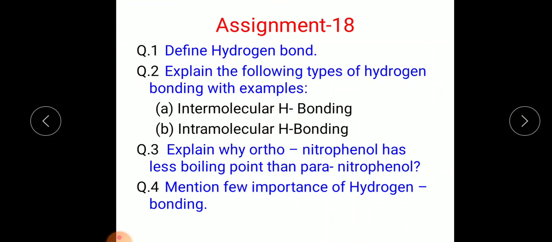Today's assignment, assignment 18. Question 1: Define hydrogen bond. Question number 2: Explain the following types of hydrogen bonding with example: intermolecular hydrogen bonding and intramolecular hydrogen bonding. Question number 3: Explain why orthonitrophenol has a lower boiling point than paranitrophenol. And lastly, mention a few importances of hydrogen bonding. So complete this assignment and